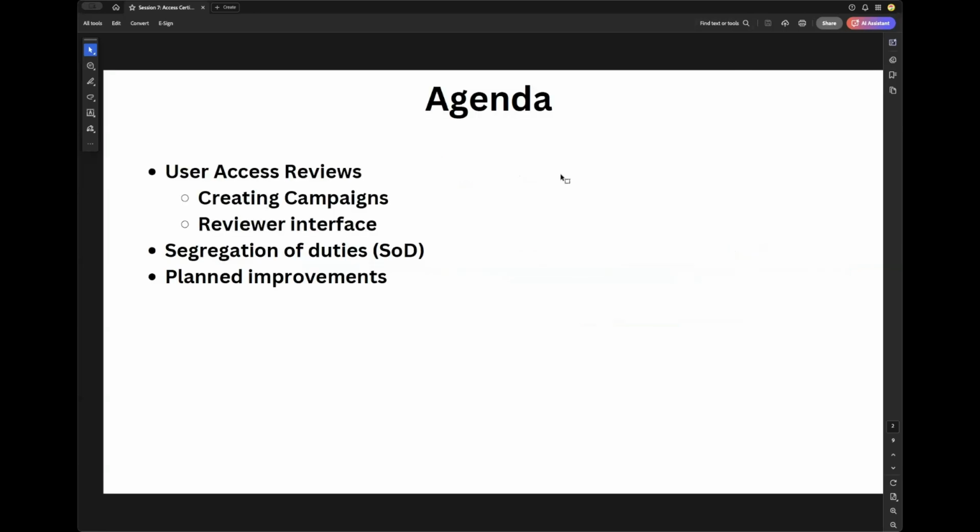Right. So when it comes to user access reviews, we're going to talk about the basic ideas behind why people need to do them. Then, more from an OpenIAM perspective, how we create campaigns and what the reviewer interface looks like. We'll then talk a little bit about segregation of duties, and then we're going to spend a couple of minutes at the end to talk about the planned improvements, which are coming up over the next few months,